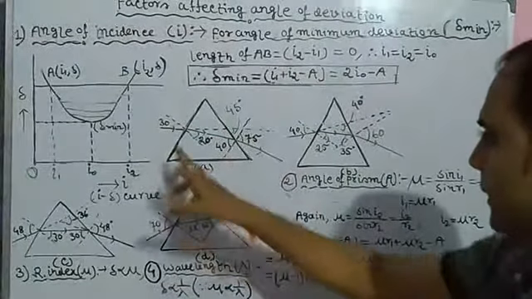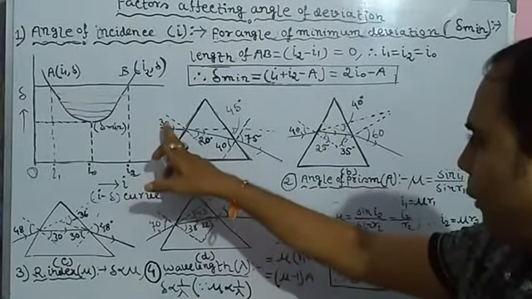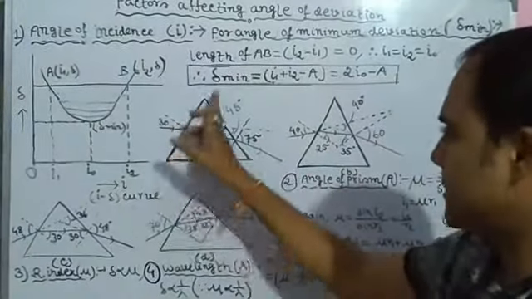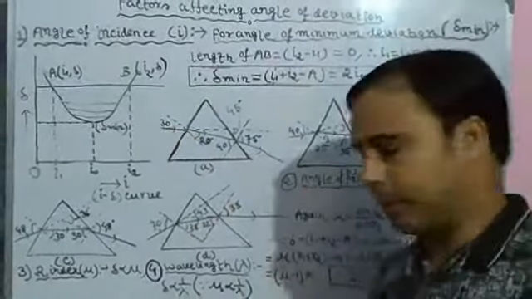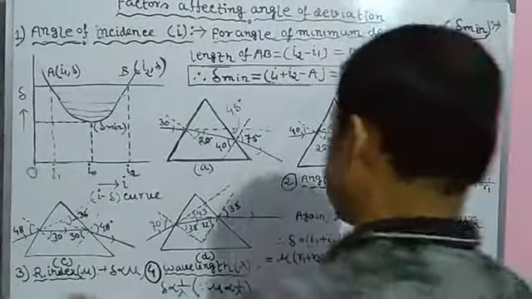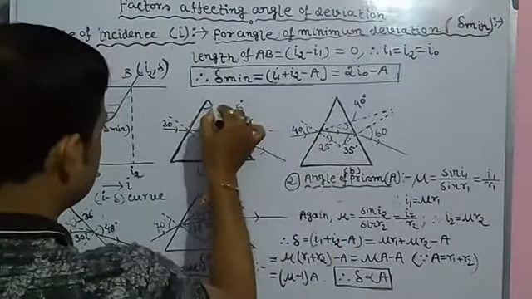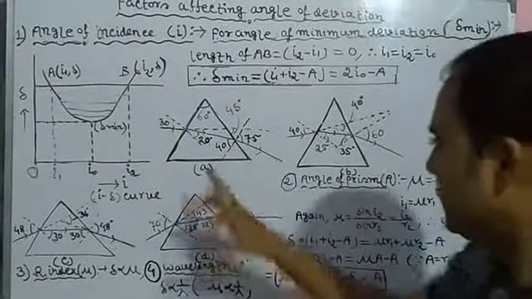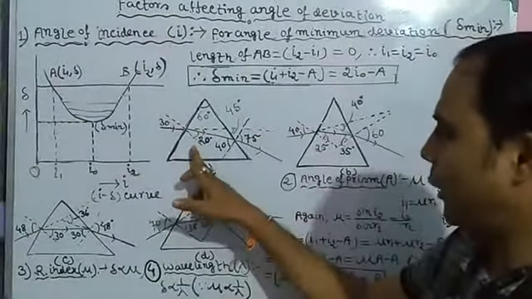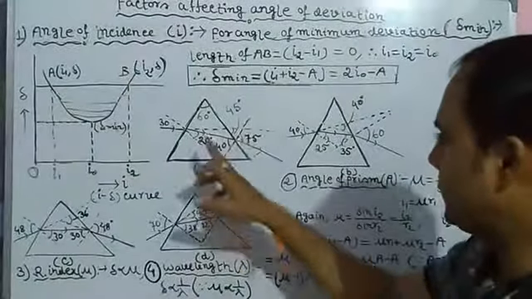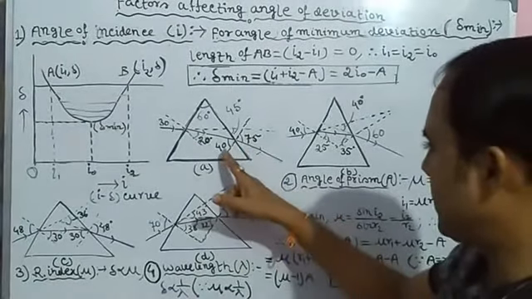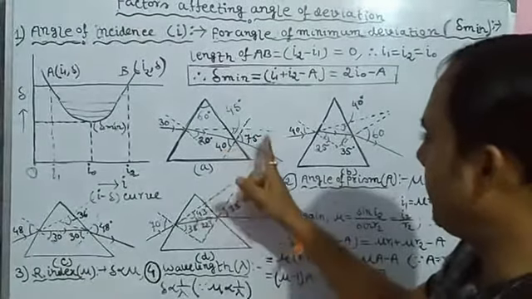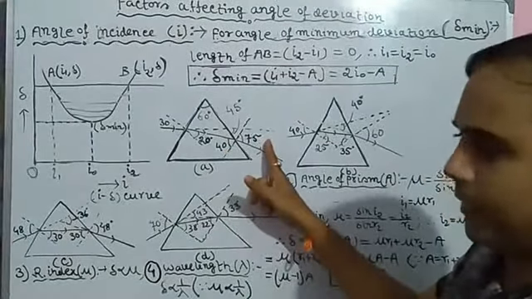In the first picture you can see the angle of incidence at the first surface is 30 degree. In all cases the angle of prism is 60 degree; it is not going to change, you can see it in the picture. R1, the angle of refraction at the first surface, is 20 degree. Then on the second surface, R2, the angle of refraction, is 40 degree, whereas I2 is equal to 75 degree.